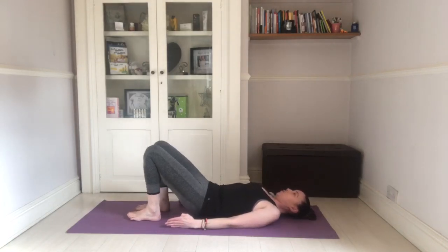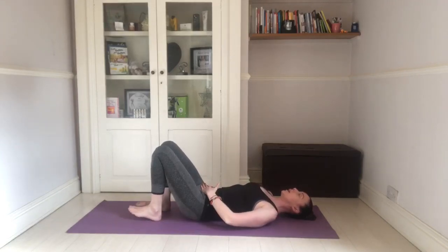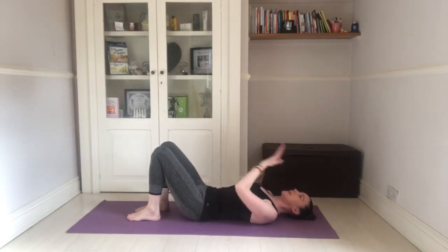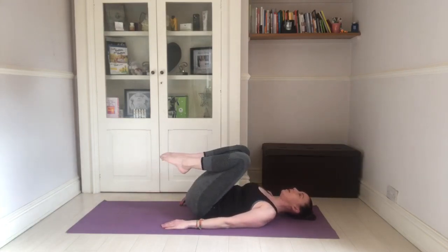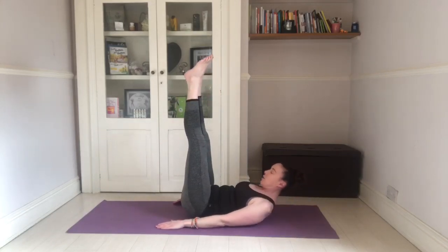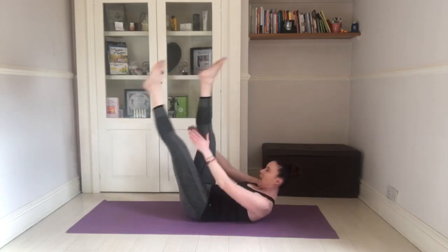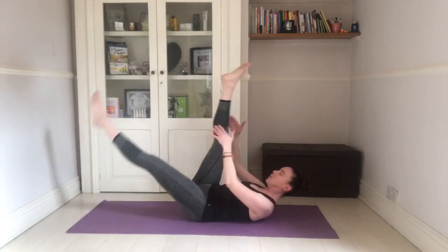Okay, we're going to take it straight into scissors from here. Now scissors we can do, keeping those hips down, we can take it up to lifted scissors. We're going to take it down first, so we're going to take the legs up, exhale, bring head, neck and shoulders up. We're going to split the legs here, exhale, 2 pulses, inhale to change,